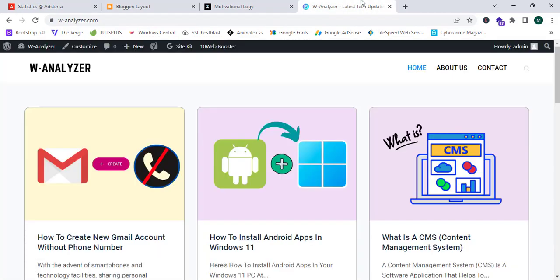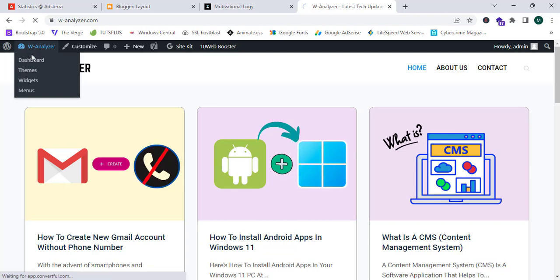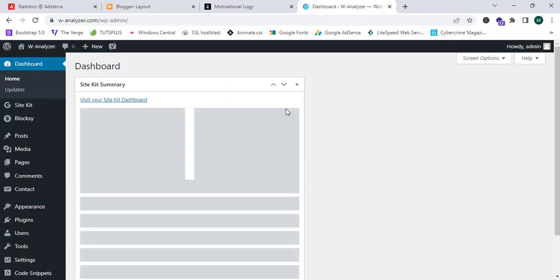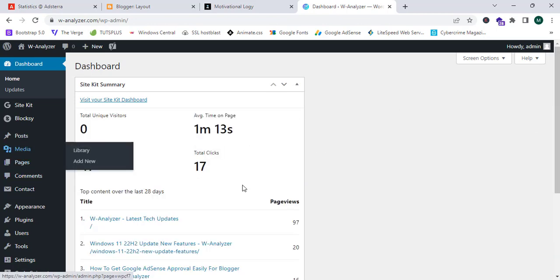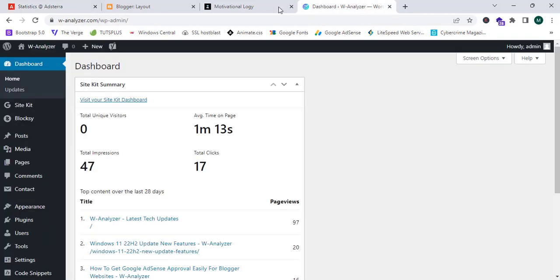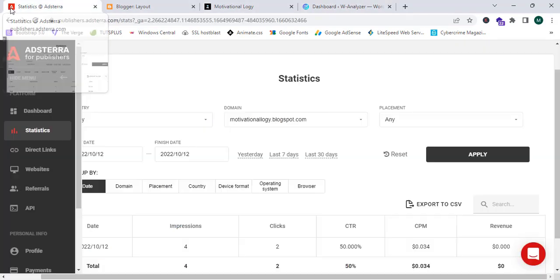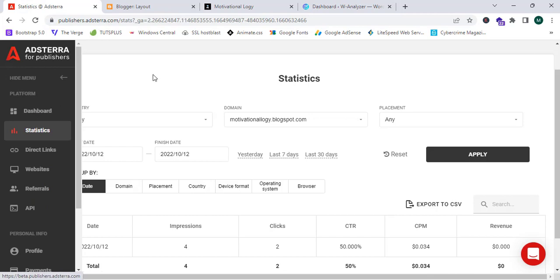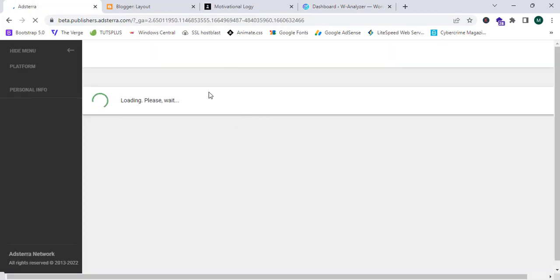And now I will show you the exact steps to earn money from a WordPress website using adsterra, and it's super simple, and you can again add ads in this WordPress website, but now I'll show you how you can add affiliate banners in a WordPress website and earn lots of revenue. So now I'm going to go to the adsterra dashboard, and this is the dashboard of adsterra, and